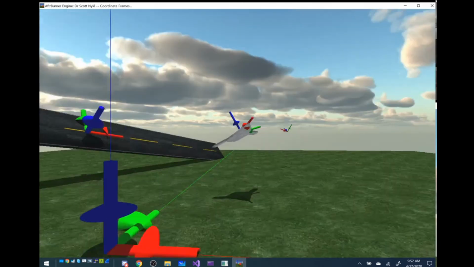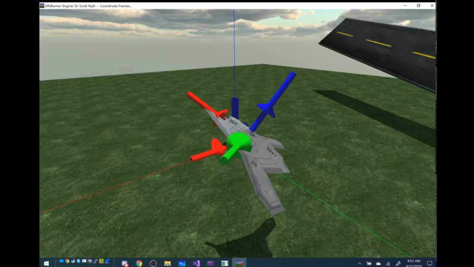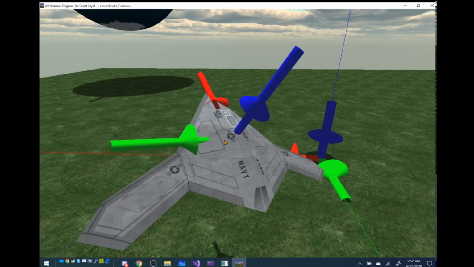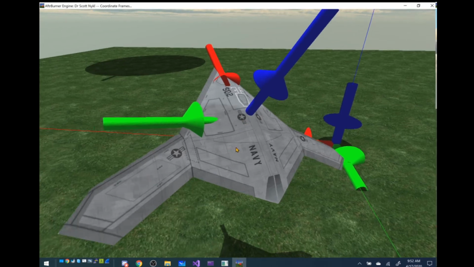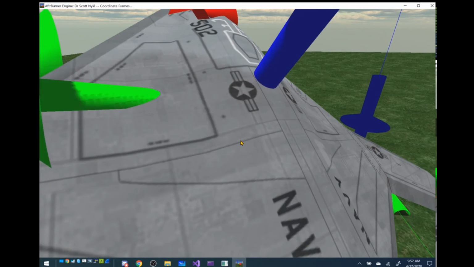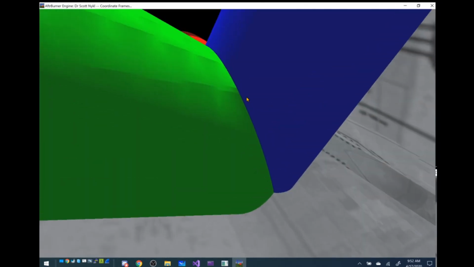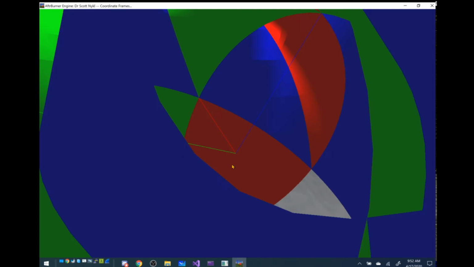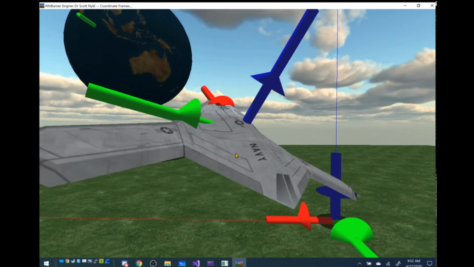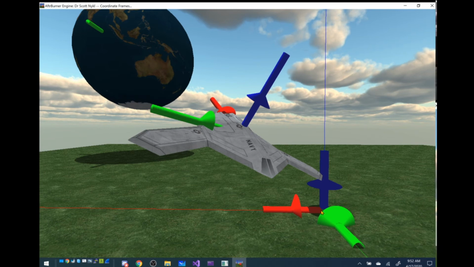Now, the location of every virtual object in the world would have its location at the center of its axes. So if we go very close into the spaceship here, or into this drone, and we look right where these tubes intersect, right here, this is the relative 0, 0, 0 of this object. But the location of this point right here is specified in the global frame relative to that origin,